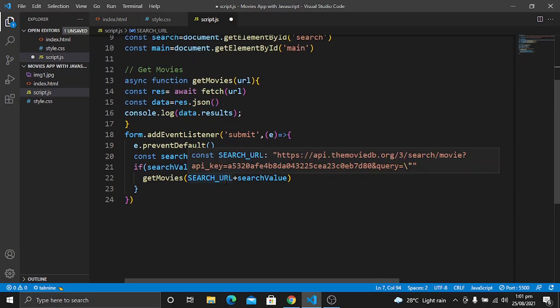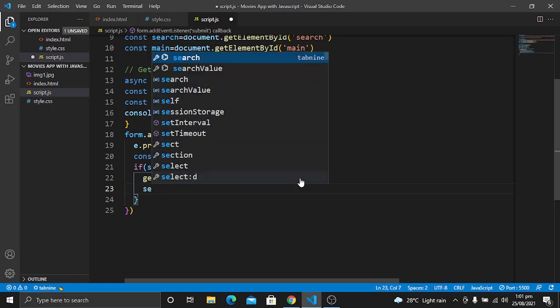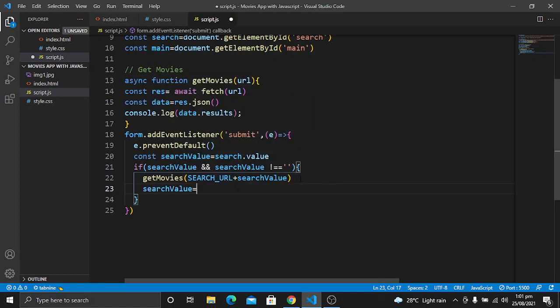So the query will be equal to the search value that we add in the input field. If we have a search value and it is not an empty string, then we call this function and pass this as an argument, and then we want to clear the input field, so for the next term the search value will be an empty one.